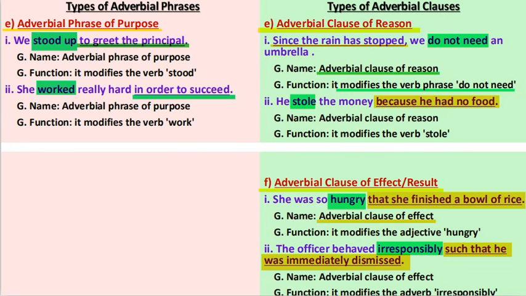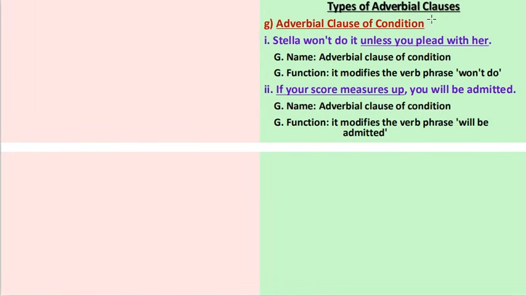Let's move to the next screen to discuss the last type of adverbial clause that we have in this video, and that is adverbial clause of condition. It states the action that must be completed before the action in the main sentence can be achieved. This particular clause tells us what must be done in order for the verb in the main clause to be carried out. And it is usually introduced by subordinating conjunctions such as if,